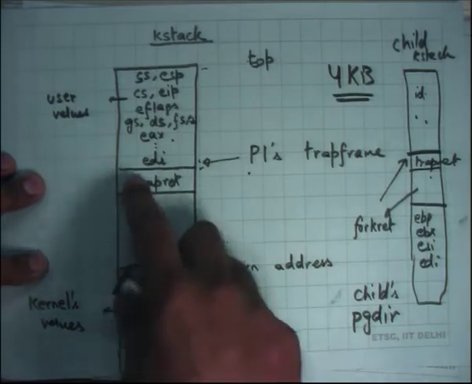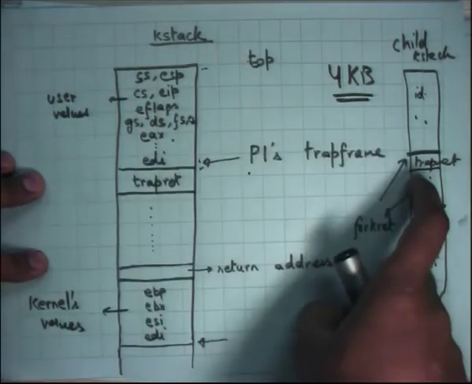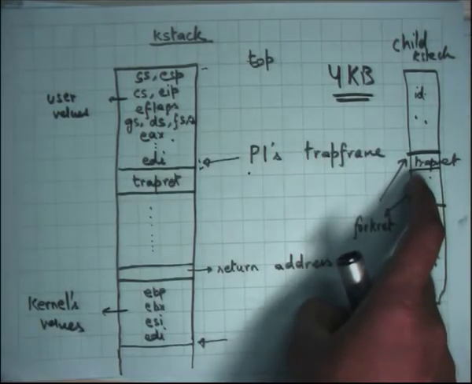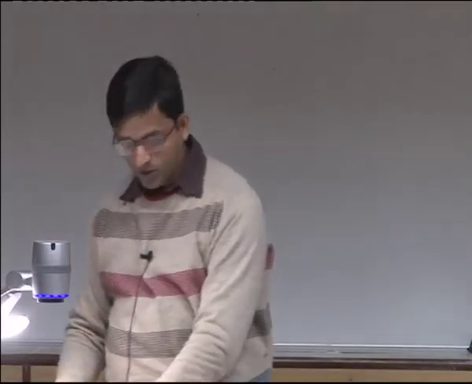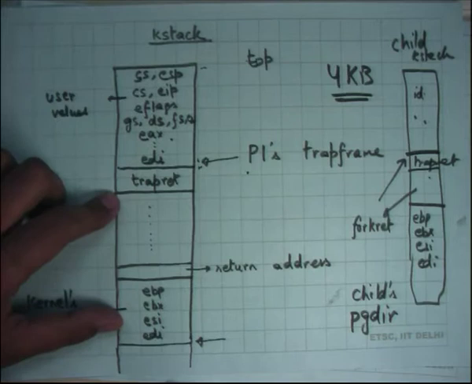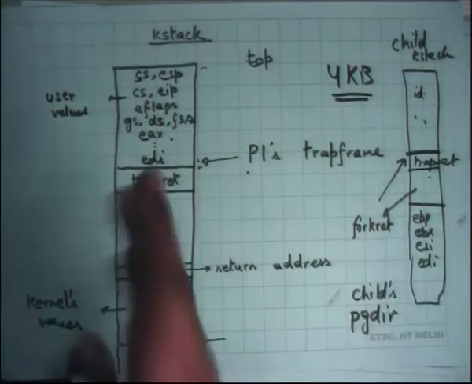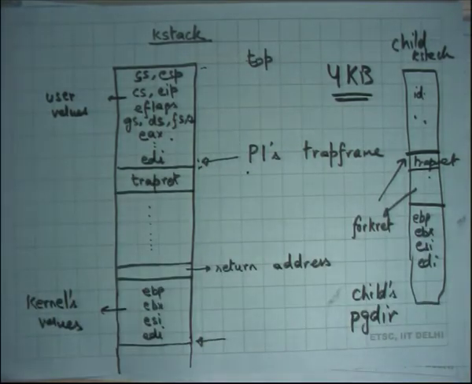Did I need to copy the entire call chain from the parent to the child? No, that would have been wrong, right? Because the parent is executing a system call called fork. The child is not executing the system call called fork. The child just wants to return to user mode. It's exactly the same point, that's all. It's not calling the system call called fork. So I only need to copy this area, not anything below it, and I need to initialize some things so that it starts from where it wants it to start. Right. So that's fork.